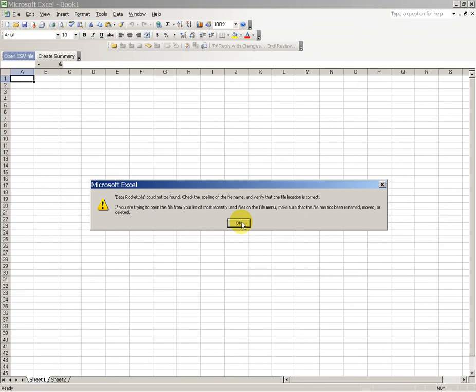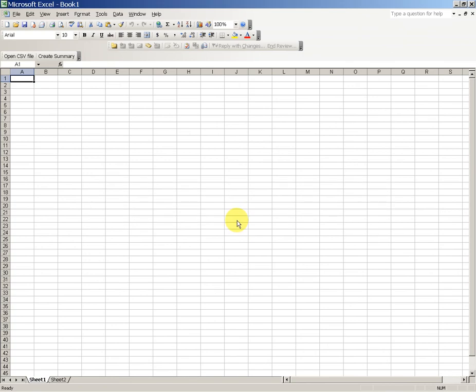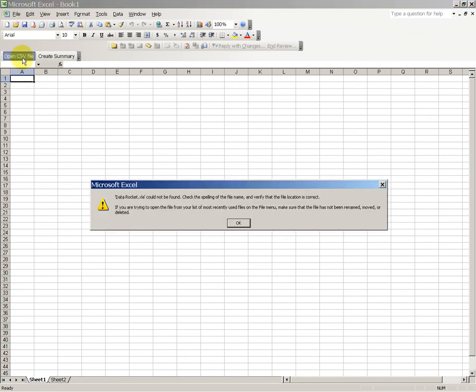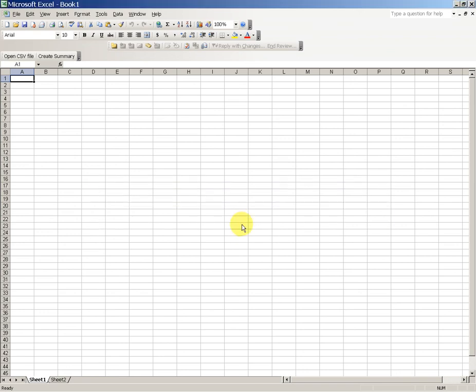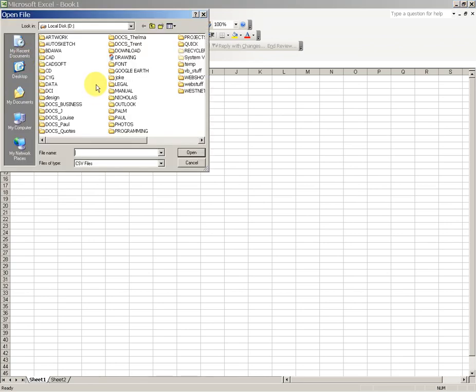Okay, back again. Now I've solved that problem. Open CSV file, which is a comma separated values file. Go back to my drawing directory,